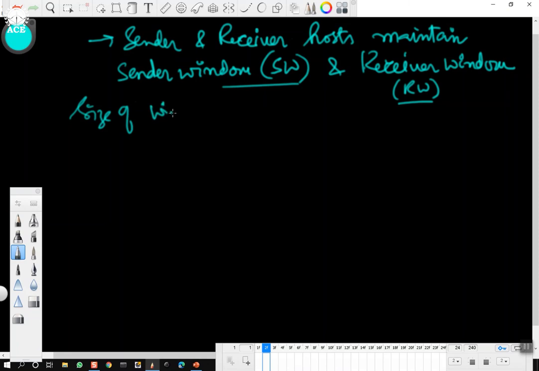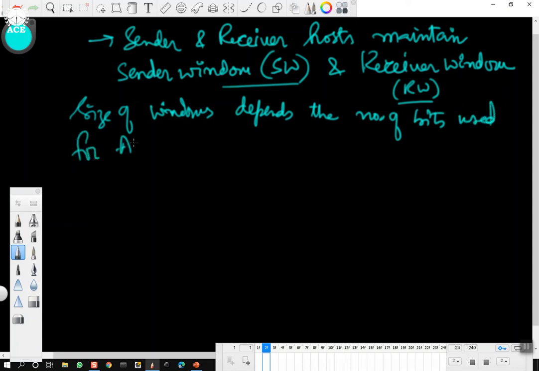So these windows are based on the size of the window. The size of the windows depends on the number of bits used for assigning sequence numbers to the frames.